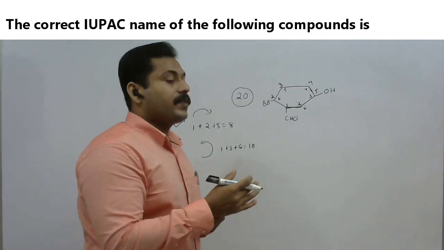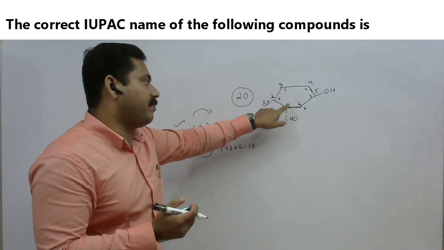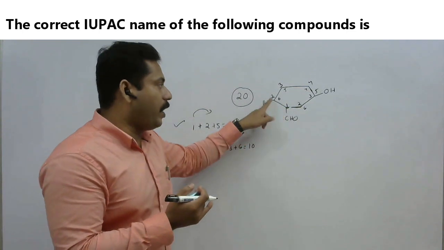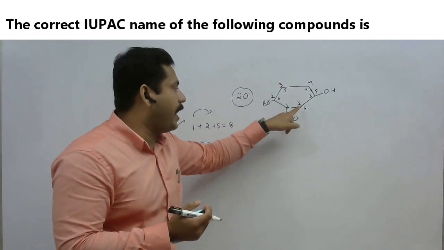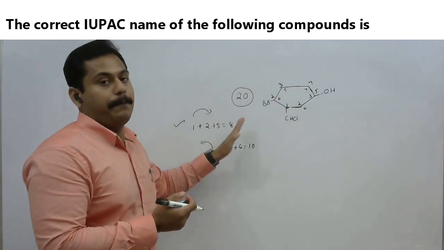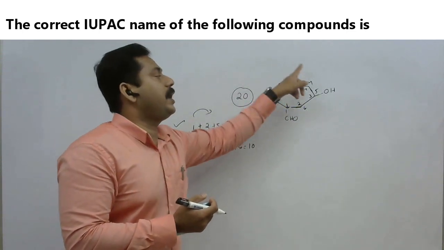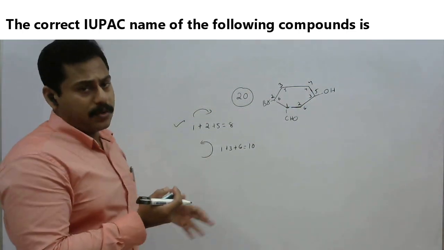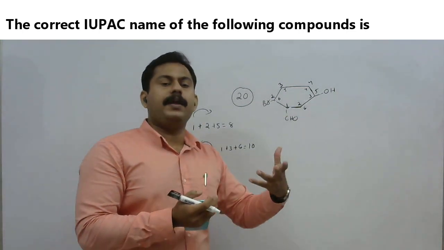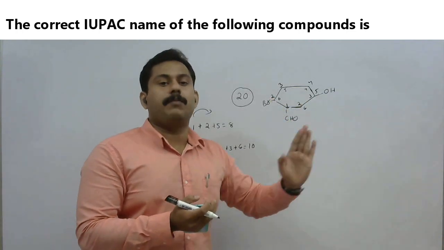But nowadays, we are not following the lowest sum rule. We simply prioritize the CHO-containing carbon and put 1. Then, not the lowest sum rule, but the next least position we will find out. If I go like this, this is the second position. But if I go like this, it is 2, 3. So 3 only for the next substituent. Here I will get 2. We are not summing this up. Instead, we can directly go 1, 2. So 2, 3 like that only you can go. Both cases are correct only, both indicating the same rule, right? But nowadays we are simply not following the lowest sum rule. Instead, once we fix 1, the next least number only we are finding out.